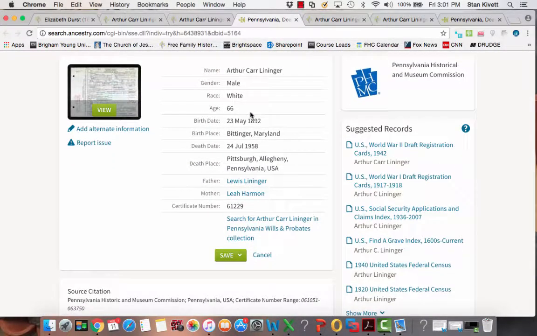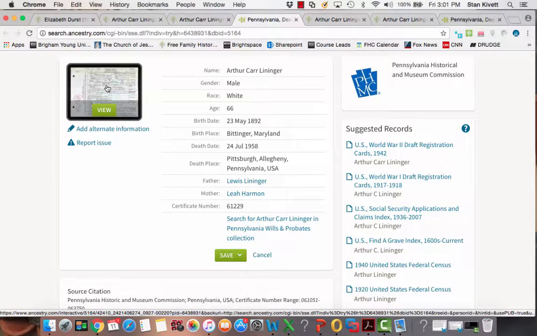you'll notice that down here on the indexed information, I could click on the actual death certificate and there might be more information still. You should be aware that the church is indexing less information on records and providing the image of the record so that we can now obtain access to records, but know that there's a lot of information that has yet to be indexed, and we have to go on to the actual image and find it. In this instance, I don't have to do that, but I do see that I have a father and a mother. So Louis Liniger and Leah Harmon, I need to remember those.